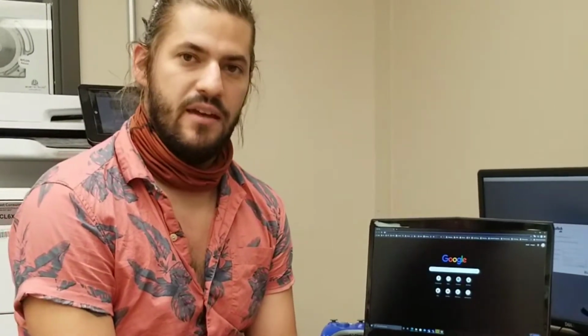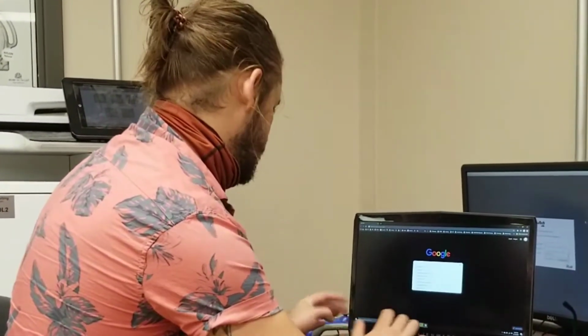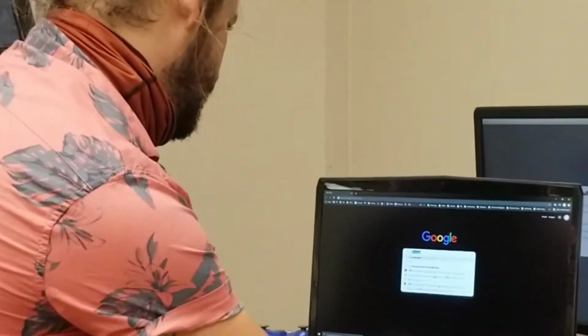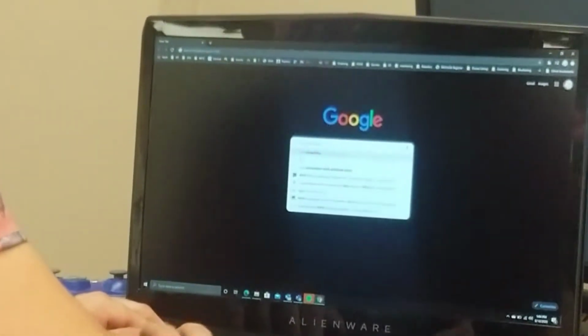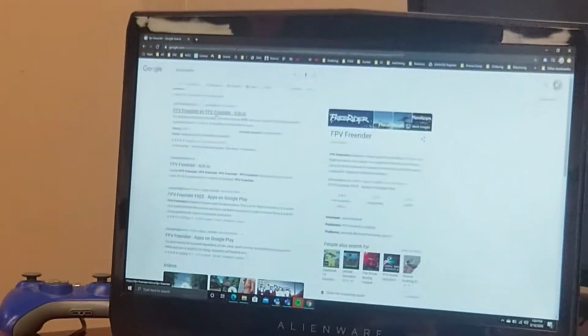Alright, I'm going to show you guys how to install the drone simulator. It's called FPV FreeRider. It is free, and so first we're just going to go to Google and type in FPV FreeRider. Google search it. It should be the first link. It says